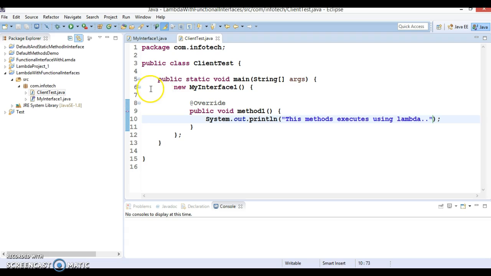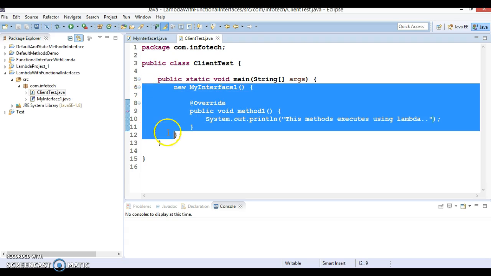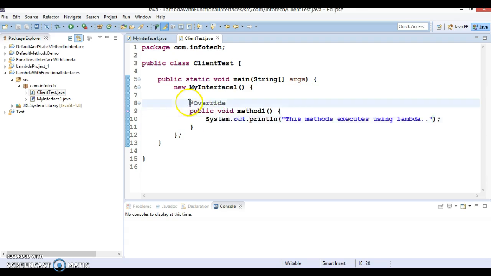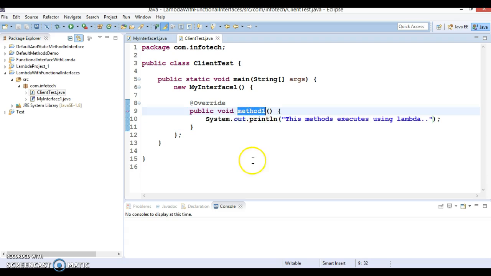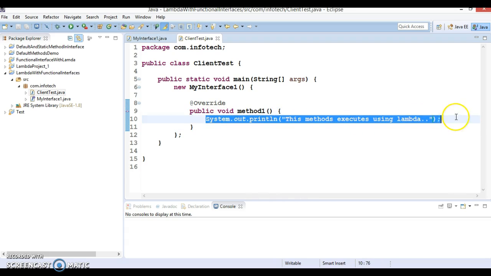Now here we have just defined this method, right? We have defined this method inside the anonymous class, but until I call this method, this code is not going to execute.